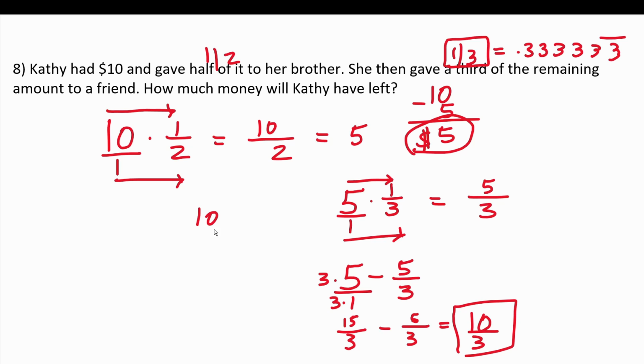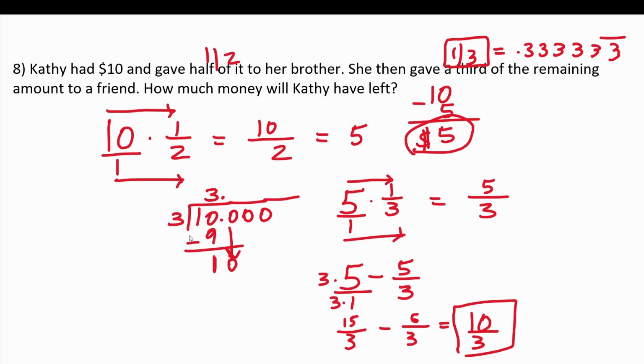We have 10 divided by 3. We start by asking ourselves, how many times does 3 go into 1? It doesn't. How many times does 3 go into 10? That's 3 times without going over. 3 times 3 is 9. 10 minus 9 is 1. At this point, we have to add a decimal here, and I'm going to add 3 zero placeholders, which will enable me to bring down one of these zero placeholders and bring up this decimal here.